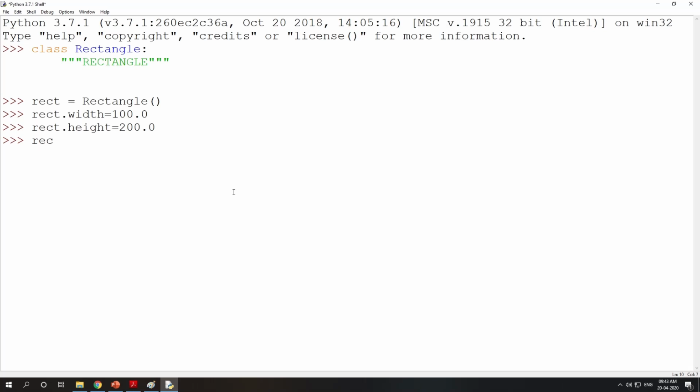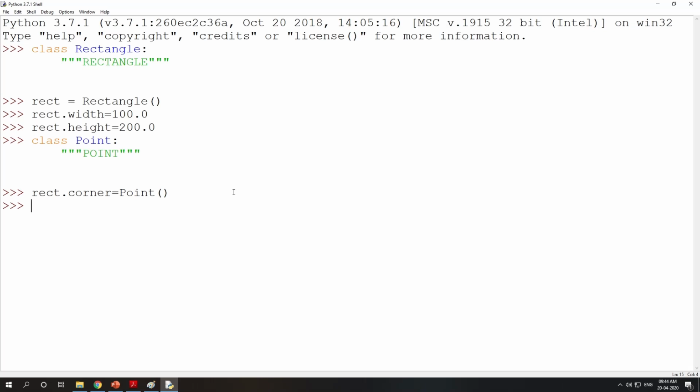How to create it? See, rect.corner. Before that we have not created the class called Point, so we need to create a class called Point, which just represents a point. Then rect.corner is equal to Point. Now the object is created.